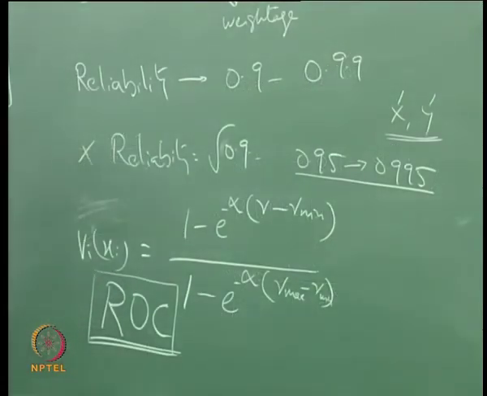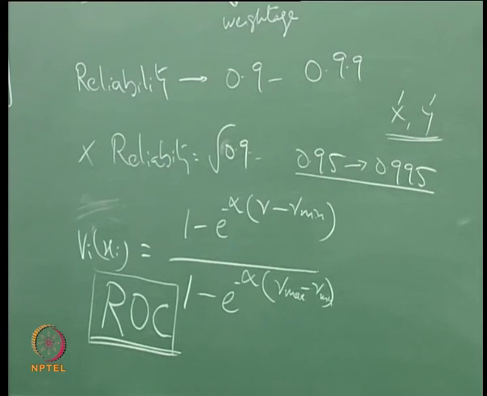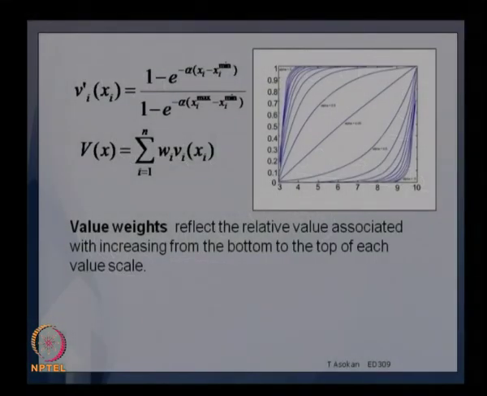I will go through the rank order clustering method, but before that I can show you how the curve will look. When you have various values, you will get the output like this. When alpha is 0, it will be a straight line, and otherwise you will get various curves depending on the value of alpha. This is how the objective function, or the value function, changes as you change alpha.